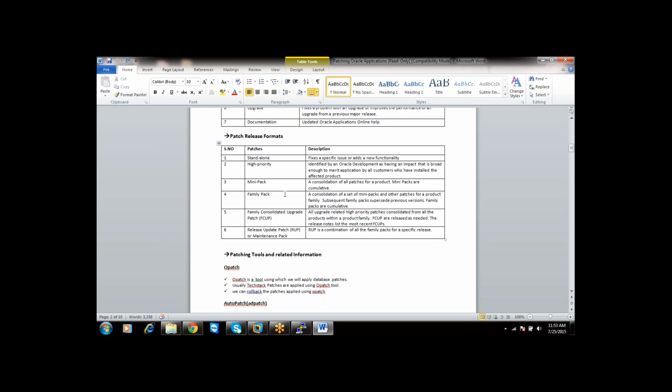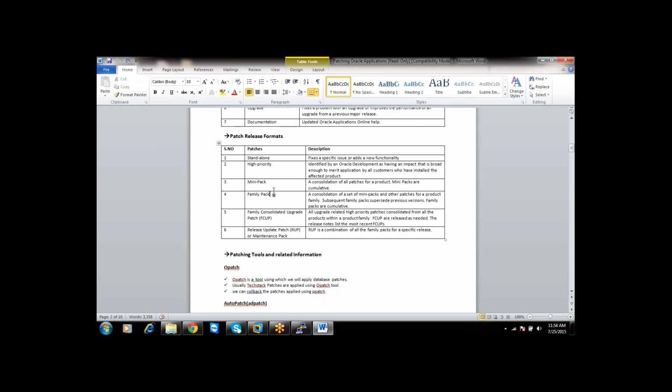The collection should be only for a specific family, not for a different family. If you consider the finance family, AP, GL, AR is one family. So AP mini pack plus GL mini pack plus AR mini pack equals one family pack, the finance family pack.